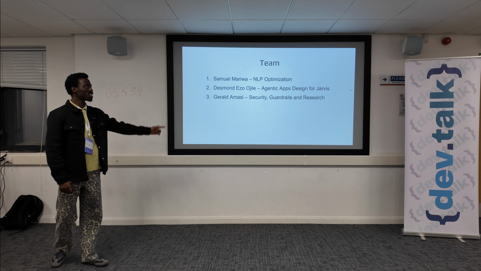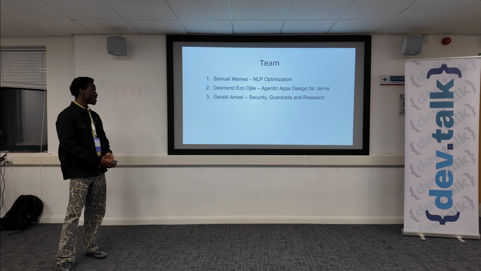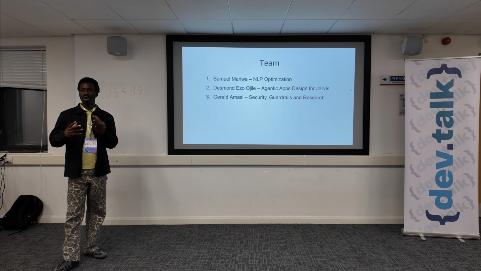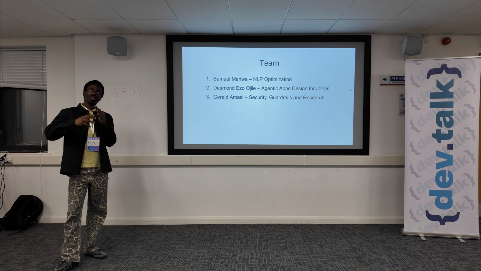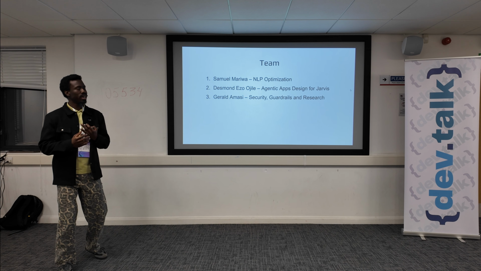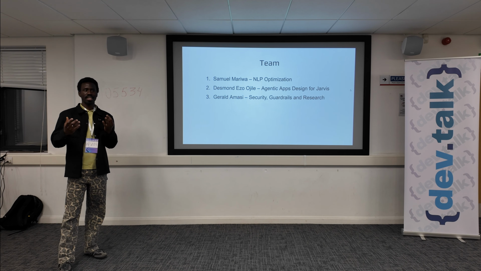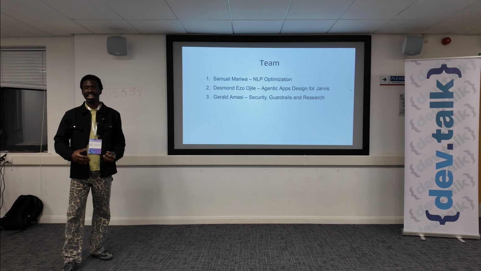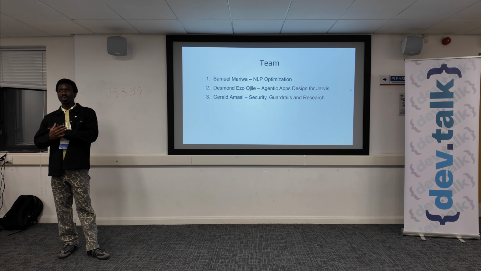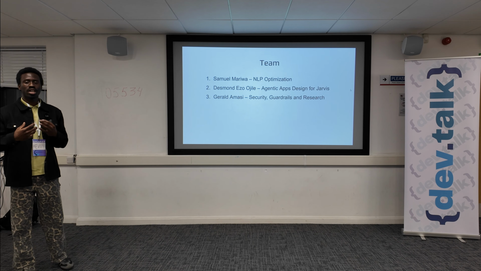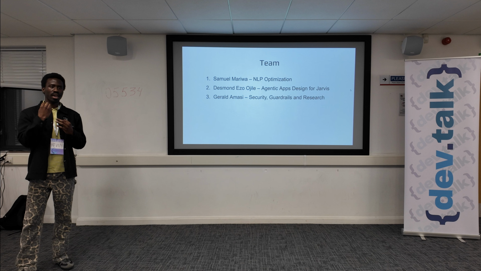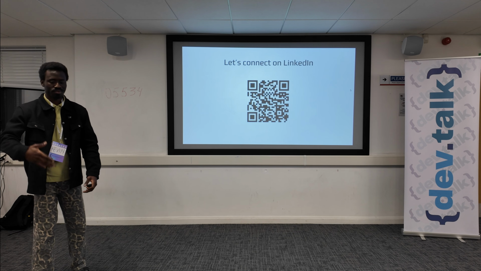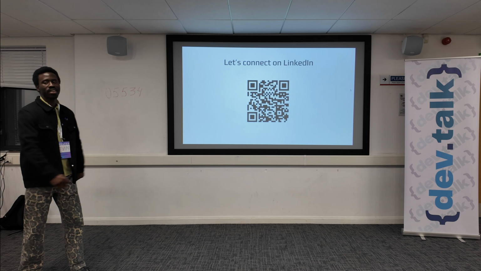So this is the team so far. Sam is basically working on optimization. The idea is that we want to change how app design works, how you build apps. So maybe we get some apps that have agentic capabilities and then store them on Jarvis and figure out how that works. And Gerald is helping with security and guardrails. Guardrails are very important because although we want it to be autonomous, we want the user to be in the loop. So if it's doing something, it doesn't continue without the user's approval. So yeah, that's the end of